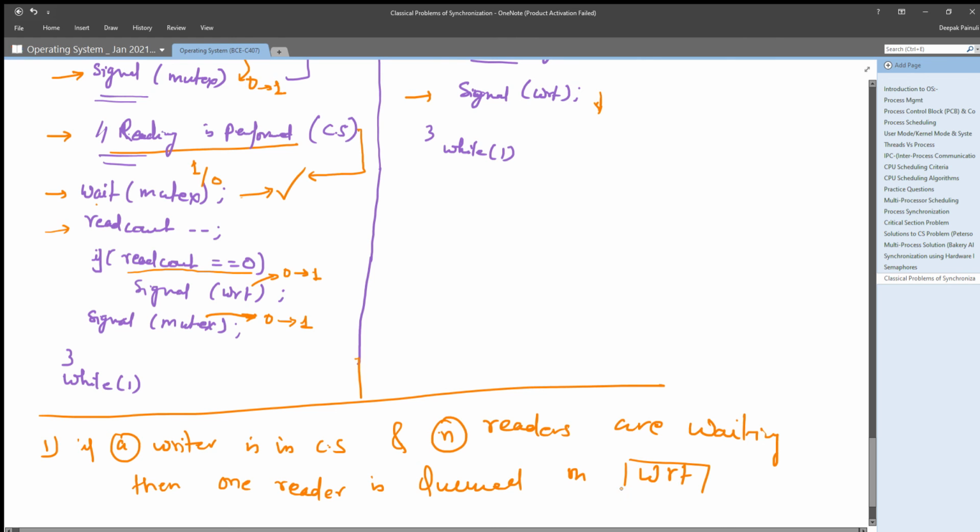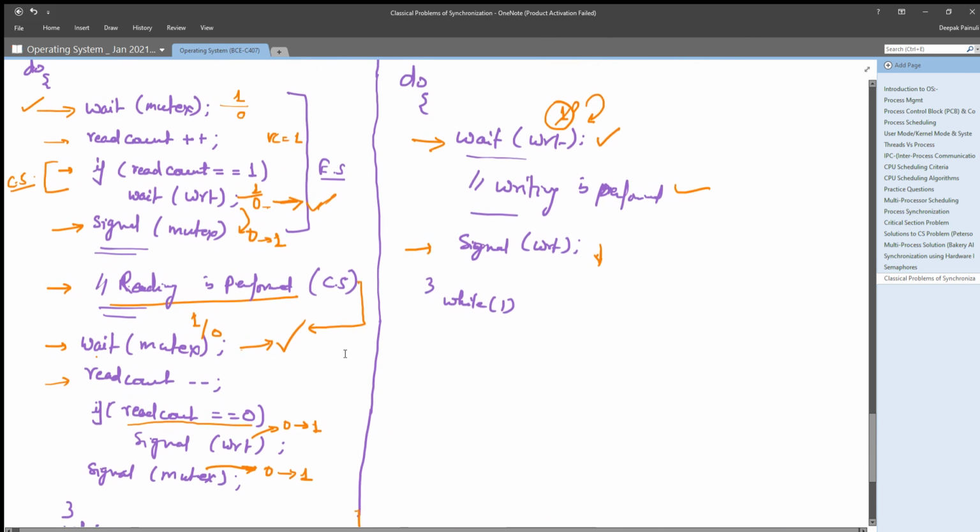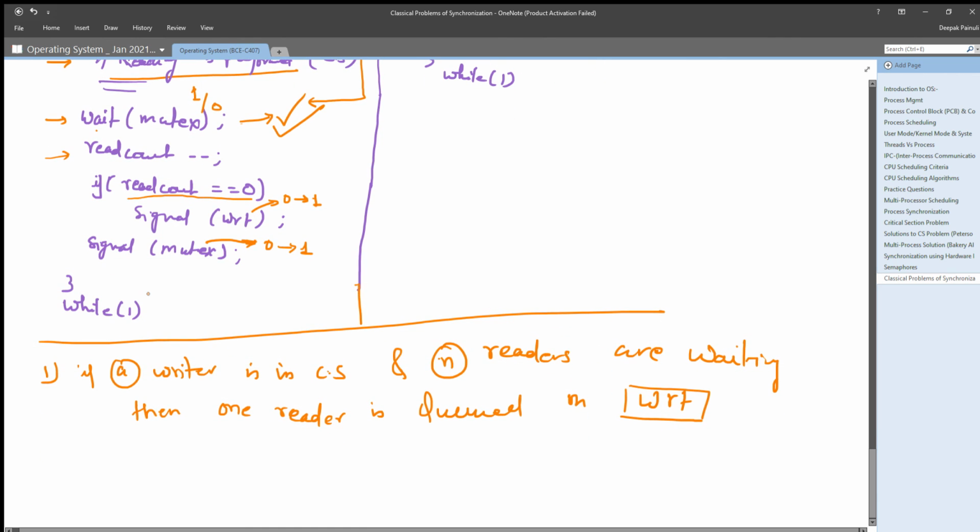You can check in the code: if there is a writer in the critical section and n readers are waiting, then one reader will be queued in WRT, either at this line or at this line, and n minus 1 readers will be queued on mutex. You can check it.